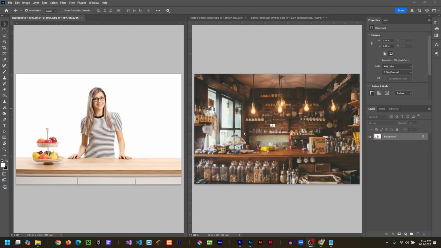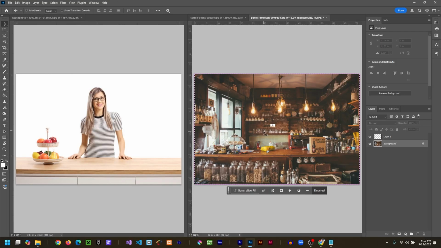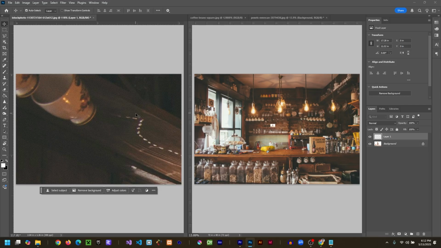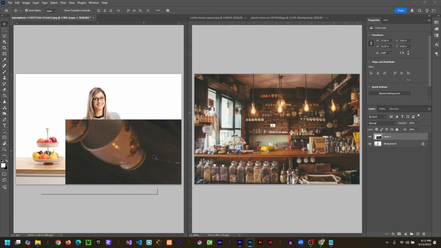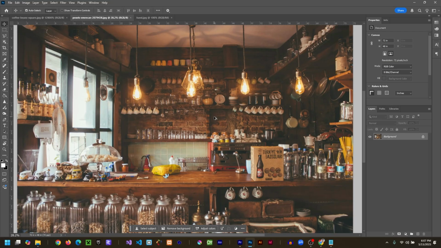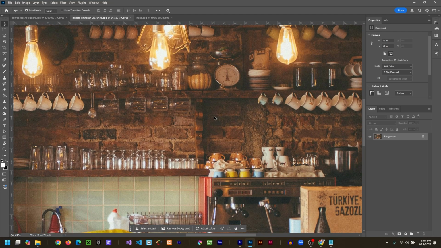Or possibly maybe it's the opposite. The image imports, but it's so massive that it takes up your whole screen at like 12,000% and you have to resize it. Or you go to print something and it looks completely different than it did on your monitor. All of those little headaches, all of that has to do with resolution. So let's start with the basics.